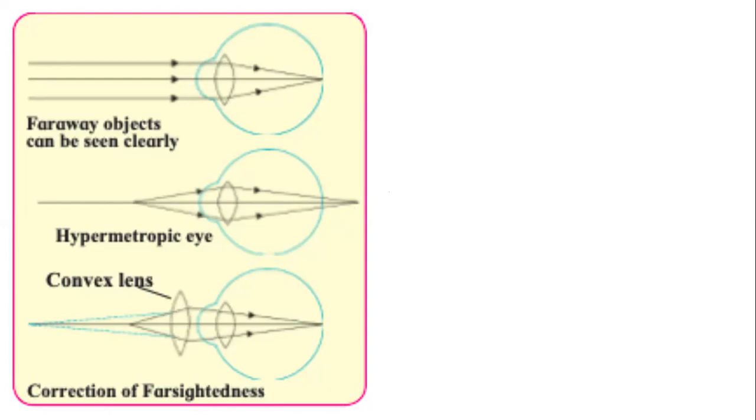So if we keep a convex lens in front of our eye, it will converge the ray of light. It will help our lens in the eye. And then we will be able to form the image on the retina. Completely opposite. Now it is clear. Now you tell me, what is the sign of the focus of the convex lens? Is it positive or is it negative? Where is the focus of a convex lens? Is it on the same side or is it on the other side?